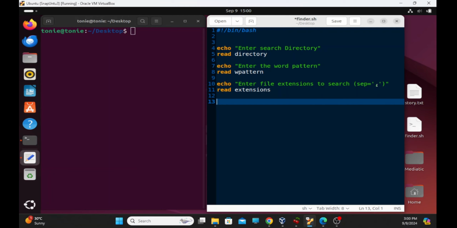Now, after reading extensions, we need to also split those extensions based on that separator, which is the comma, and fill them into an array. But before that, let's at first check if the user had entered a directory. If not, we need to provide a default directory, which would be the current directory. So if $directory is equal to empty string, then we'll give him the directory as being the current directory, okay,